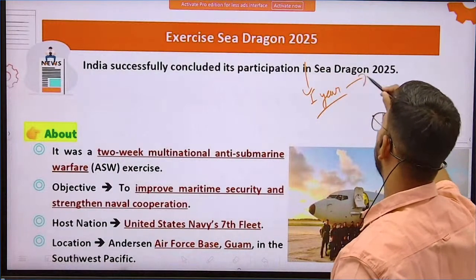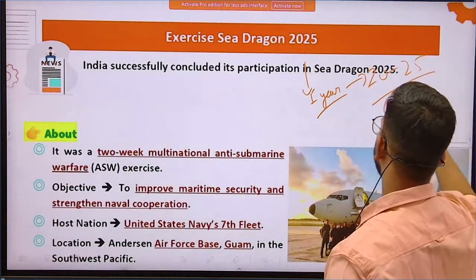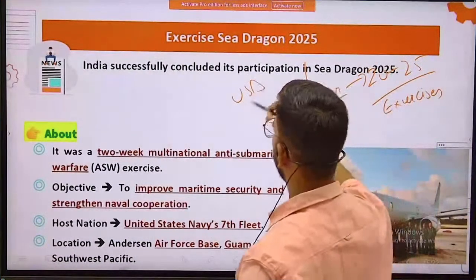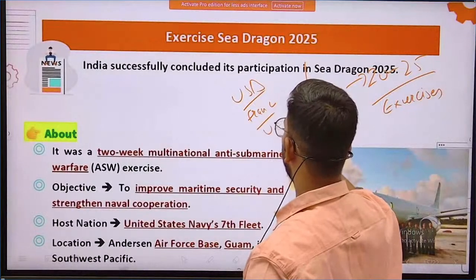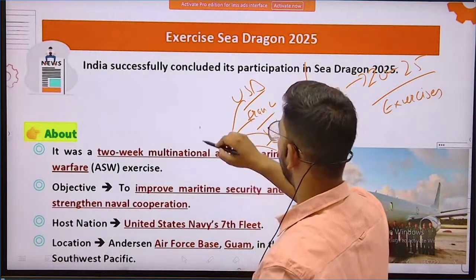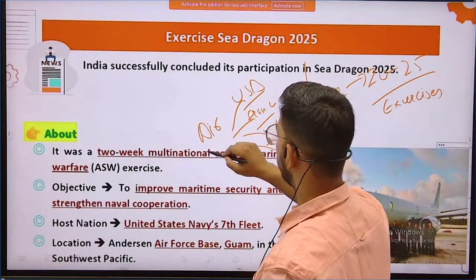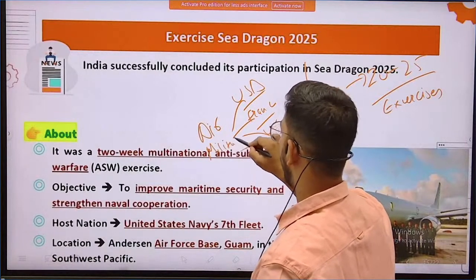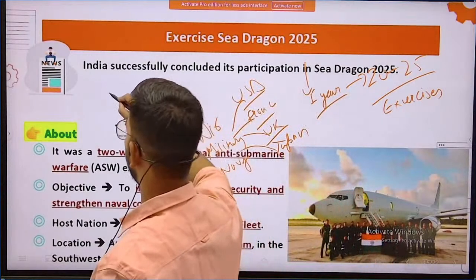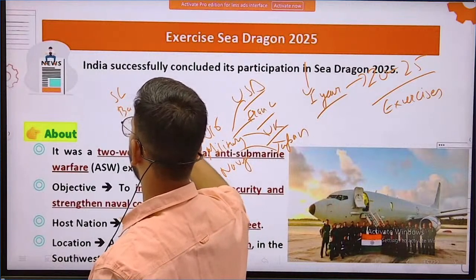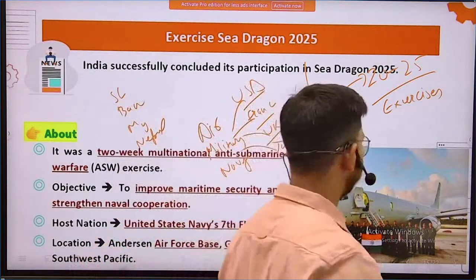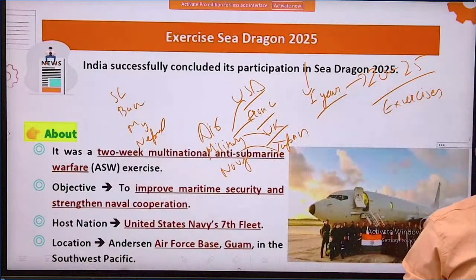If you see over the period of 1 year, you will have to remember something like 20 to 25 of these exercises amongst the major countries, for example, USA, France, UK, Japan. Try to remember all 3: the Air Force exercises, the military exercises, and the Navy exercises. Apart from that, make sure that the closest countries of ours, be it Sri Lanka, Bangladesh, Myanmar, Nepal, whatever exercises we are doing with these countries should also be of vital importance,